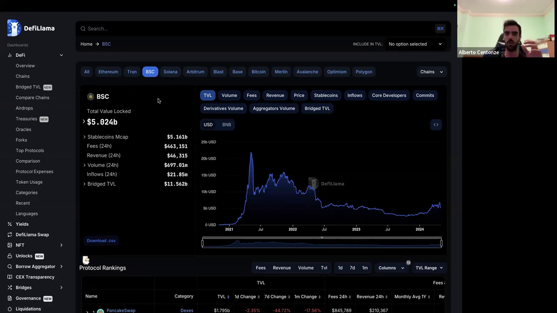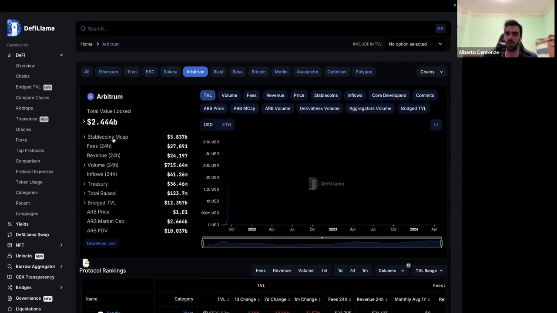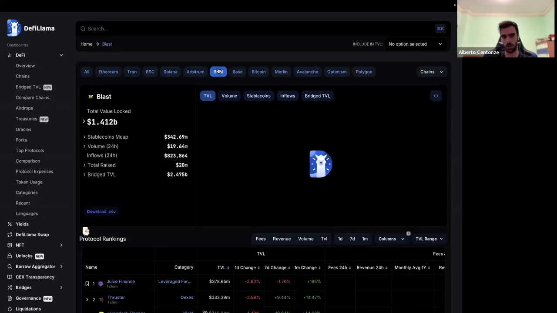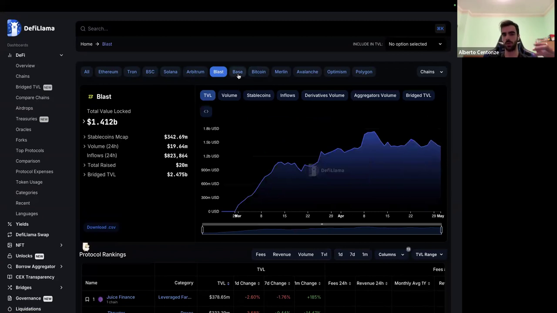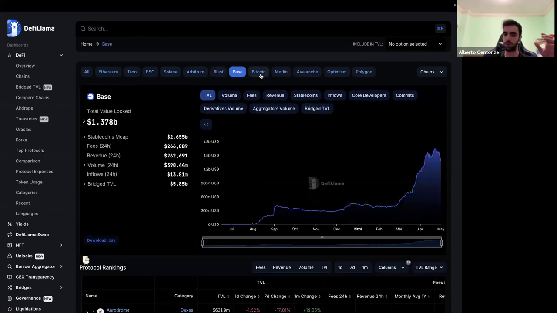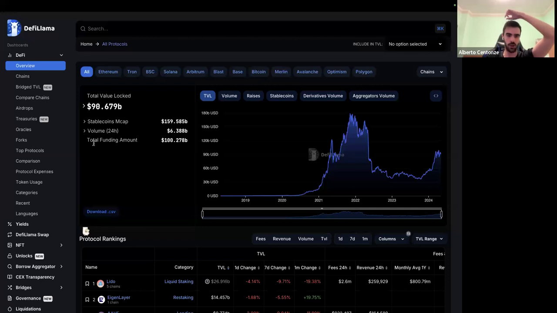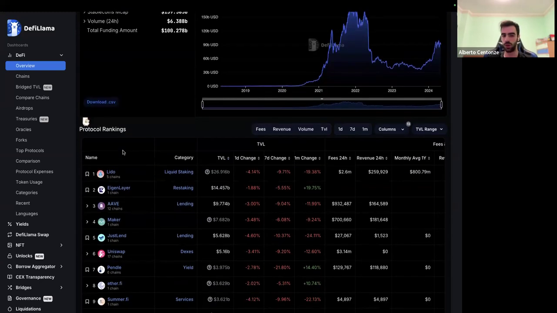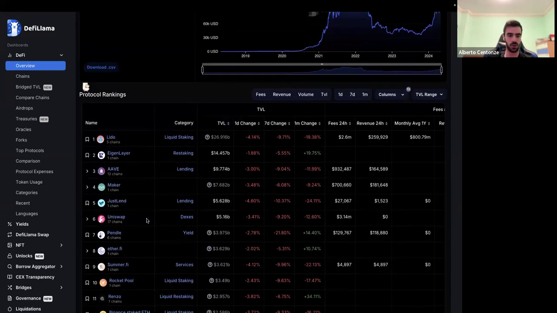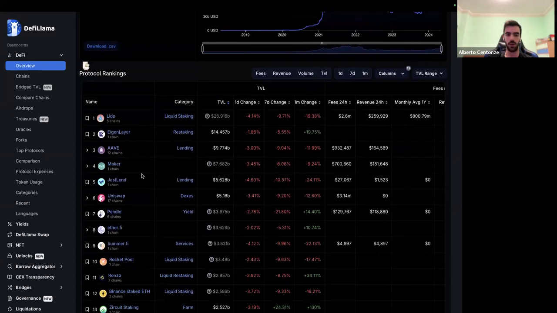but it doesn't really matter. This one is also compatible with Solidity. That's the point. Arbitrum is also compatible with Solidity. Blast also compatible. Base also compatible. They're even trying to make Bitcoin compatible with Solidity. So what I'm trying to say is there is a very big market that you can address, and you can capture a lot of value from it because you just deploy on the blockchain and you capture all this user base. All the biggest applications here are written in Solidity.